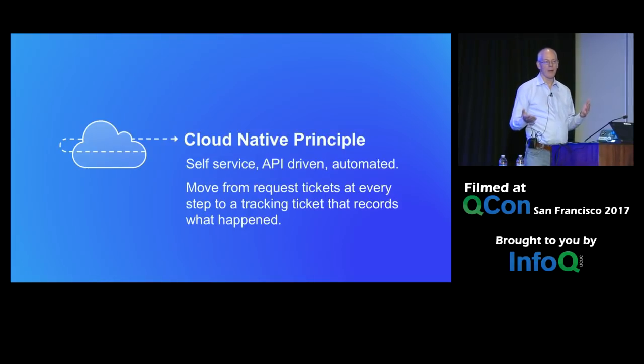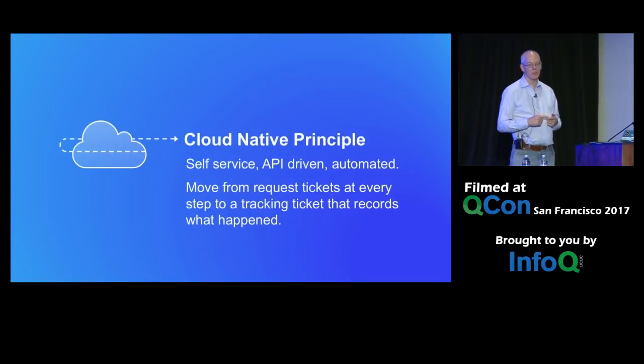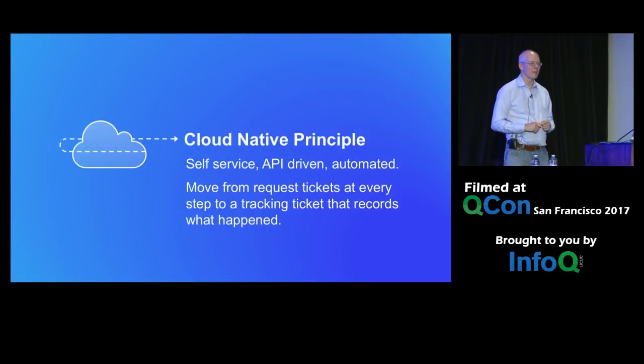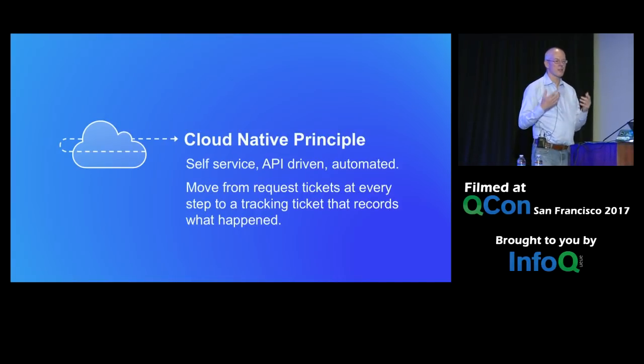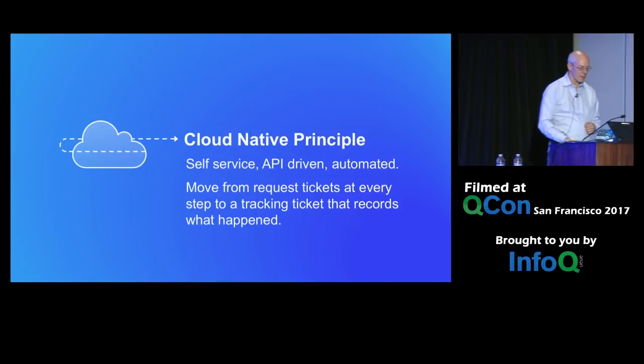Now, if you're trying to get there and you're going, this sounds like an alien from another planet and we have this nice waterfall that takes a year, what I recommend people do is measure the number of tickets and meetings per deploy. Write that down and make a little graph of it, and then tell people that this is a bad thing and make the numbers go down. So that's a strategy for exposing the fact that there are so many meetings and tickets, and you want to have less, and you can drive it down over time. So that's another principle.